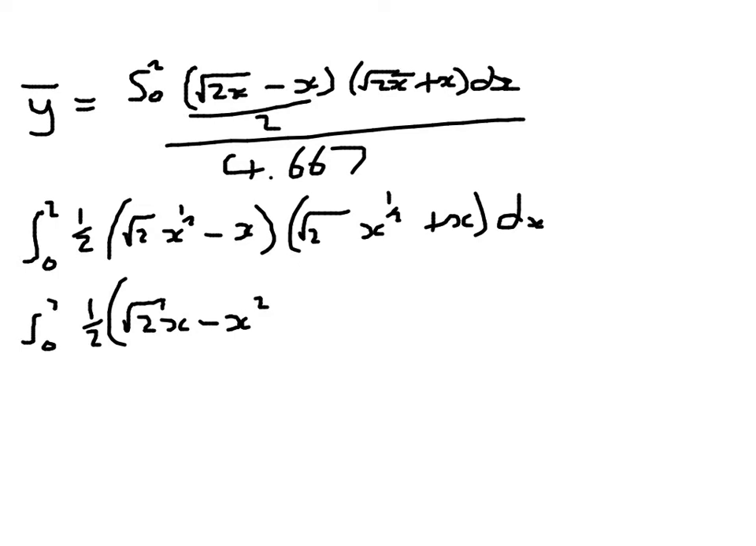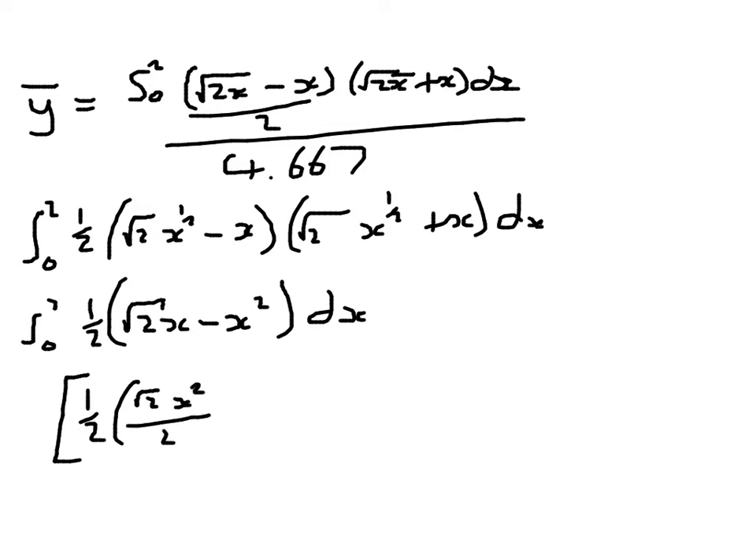Root 2x to the half times plus x and root 2x to the half times minus x will cancel out, and put our dx. So I've just multiplied out that bracket. If I then integrate that, I'm going to get half times root 2 x squared over 2 minus x cubed over 3 between 2 and 0. And if I put my half back in,